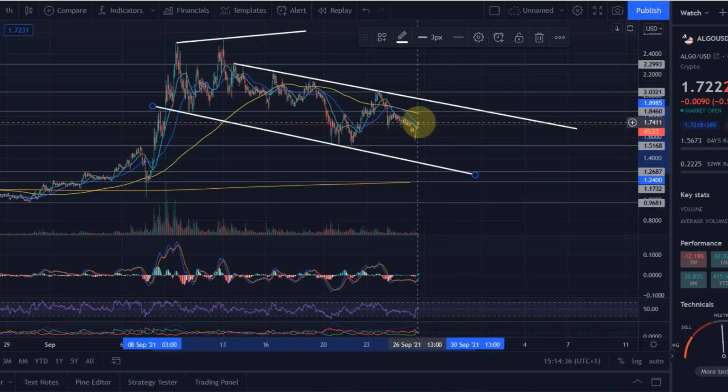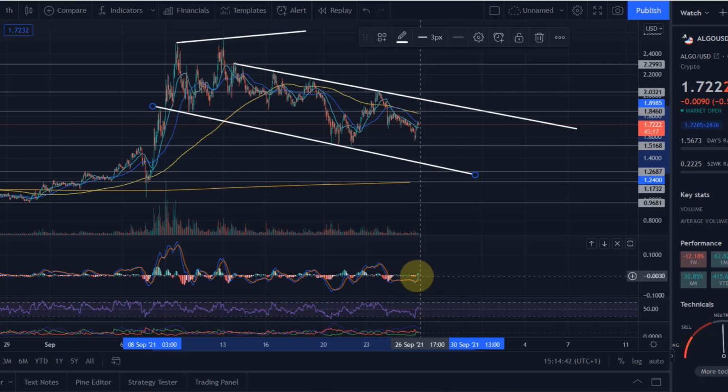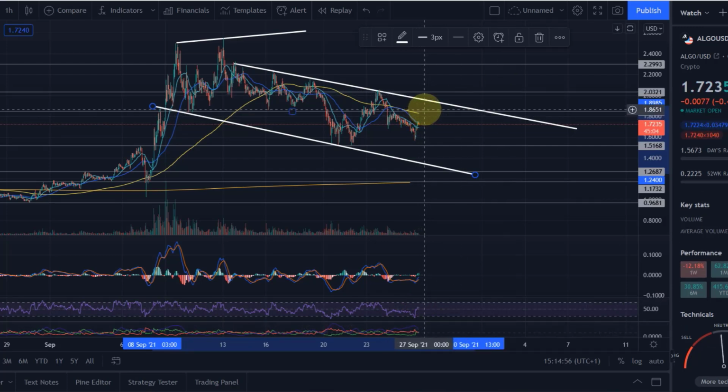So if we come up once more, which might seem likely at the moment because on the hourly here we have a bullish cross on the MACD, we are also above the 50 line on the RSI now, so we are in the bullish range now, and the ADX line I think is making a bullish cross on the hourly as well. So it could be that we see that push now up to that descending trend line,